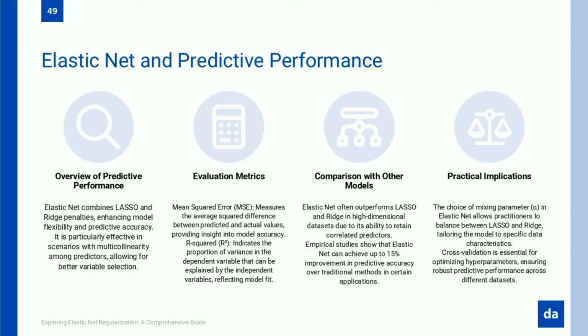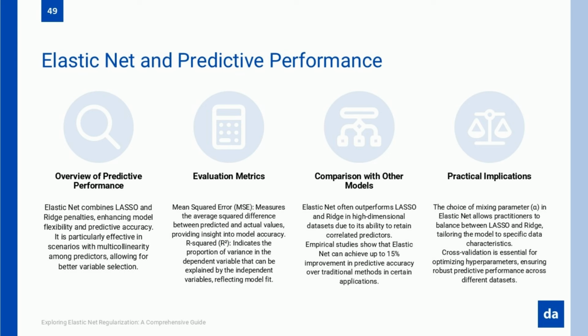Another key performance metric is R squared, R2, which measures how much variance in the target variable is explained by the model. While a high R2 indicates good predictive power, it should always be cross-checked with other error metrics to ensure the model isn't just overfitting the training data. If R2 is too high and MSE is also high on test data, the model might be fitting noise instead